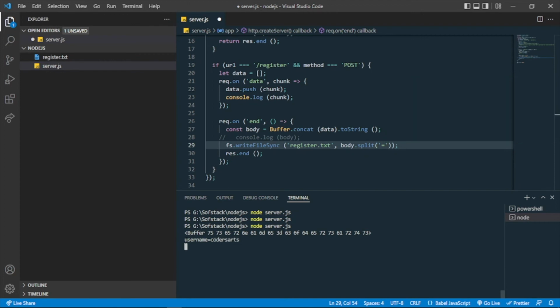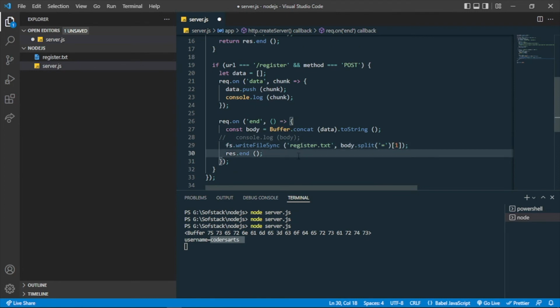The first item in the array will be the username, and the second item in the array will be this CodersArts. I will be accessing the second item, so I can grab it by index 1, because the second item has the index 1 in an array. So that will be stored in this register.txt. If I save this file again,